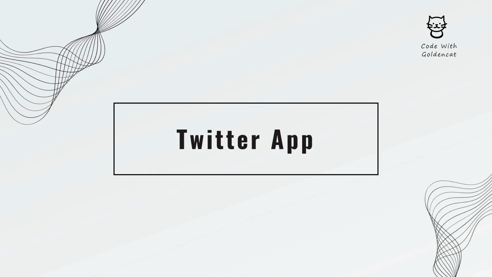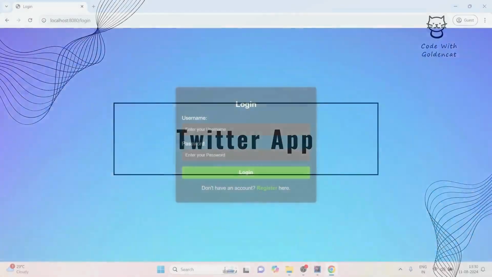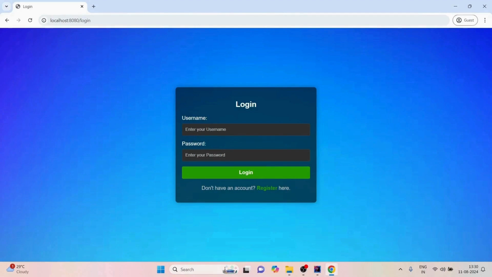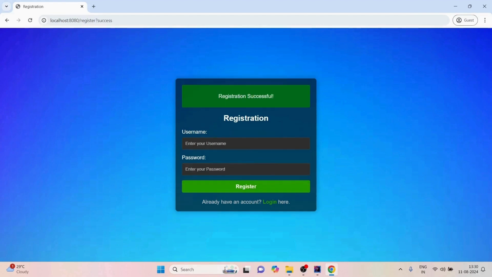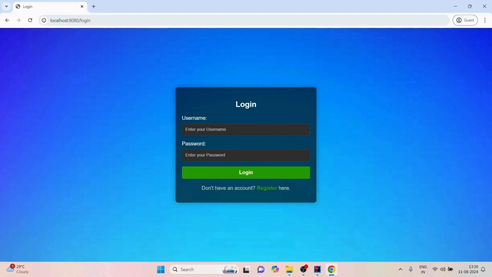Today we'll create a simple Twitter web application project using Spring Boot framework. By the end of this video, you should have a web application that looks something like this with a working login and registration page. So if I register a user here, user, and give it a password of 123, then click on register. Now if I go back to my login page and log in with those credentials,